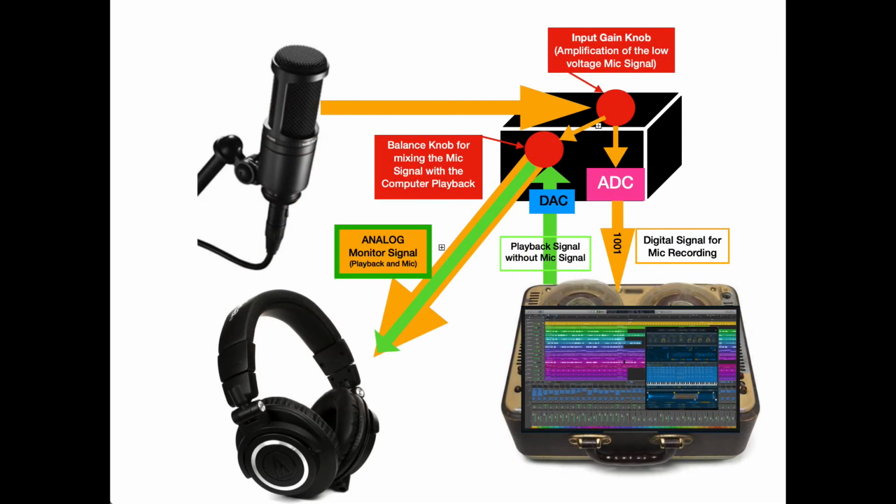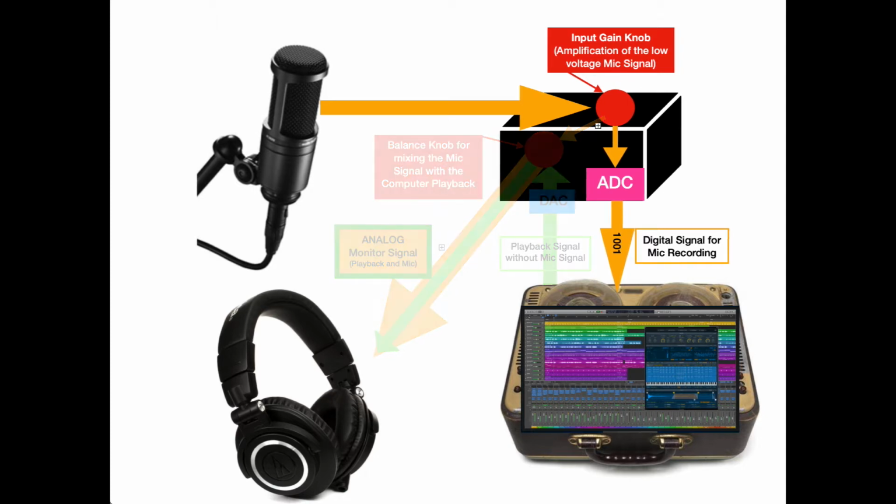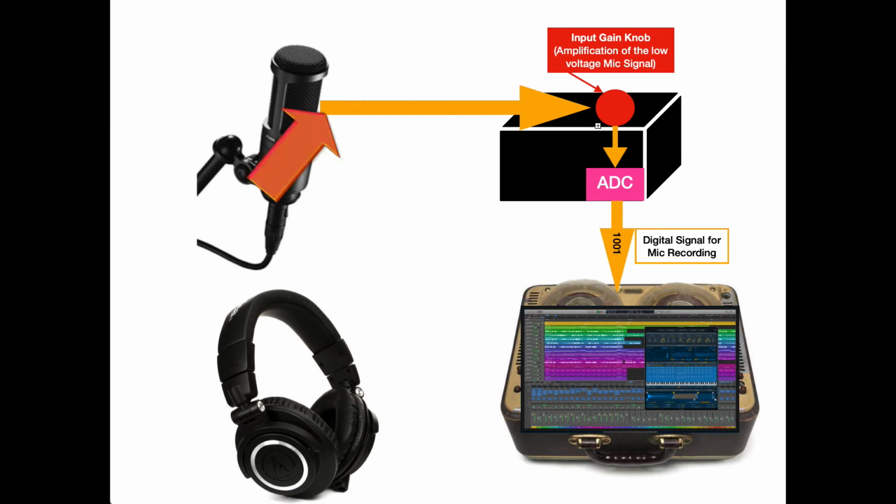It looks pretty wild, doesn't it? Well, it's actually not that hard. I'm going to break it down for you. So first, the signal flows from the microphone into the preamp section of your audio interface. Since the microphone has a very low voltage, it needs to be amplified first before we hit the analog to